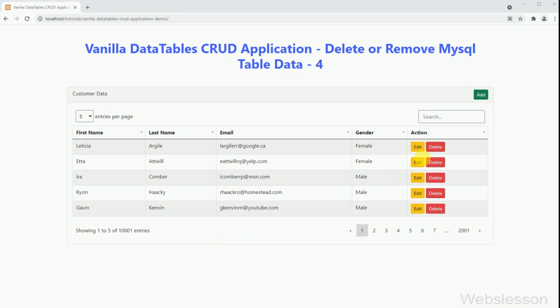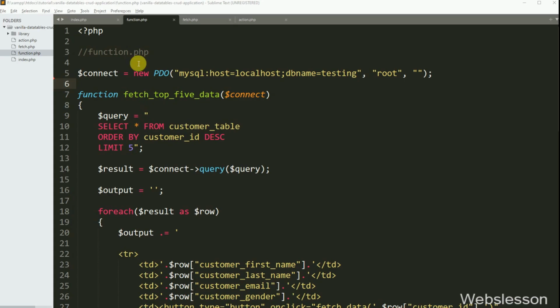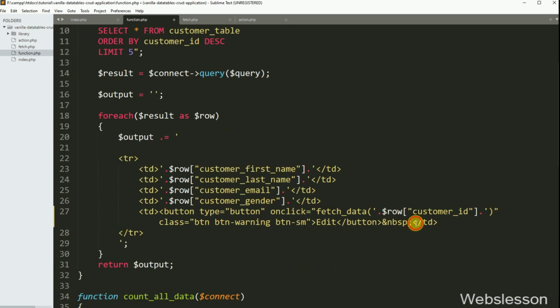Now for the delete data operation, first we need to make a delete button in each row of data. For this, we go to the function.php file. Here, in the fetch top 5 data function, we have written button type equal to button, class equal to button danger, and onclick equal to the deleteData JavaScript function.